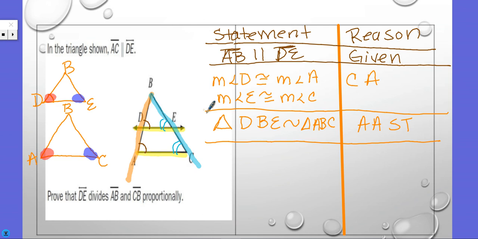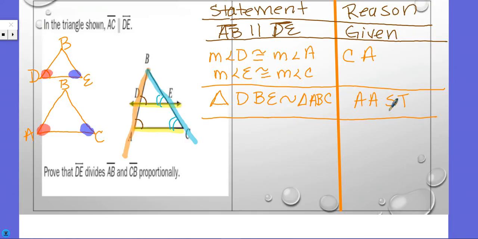Now we're going to set up some proportions, and I'm going to do big to small intentionally. So if this statement up here is true, I can say that AB over DB should equal BC over BE. And let me show you how. If we highlight this part and this part, they go together, and then with my yellow, this part and this part go together. And that's just the definition of